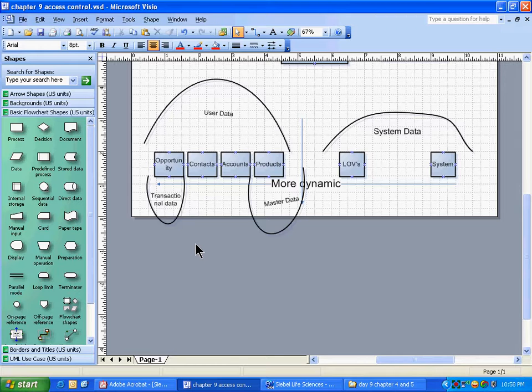Right. So let's talk about another thing. Literature: I will not be the entering of data, I will not be the creator of this data, but somebody else is creating it, and putting it into Siebel is my job. In case of opportunity, putting into Siebel is also his job. He enters it manually, creates it manually right in front of me. But in case of products, putting it into Siebel is my job, but I'm not the creator.